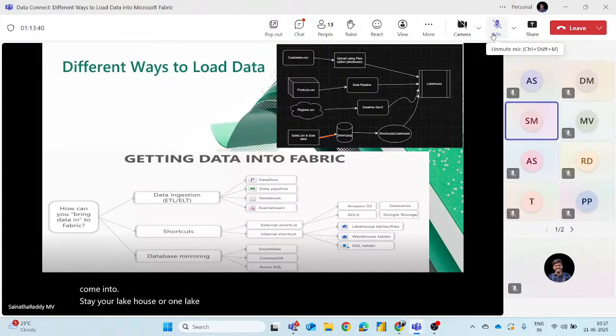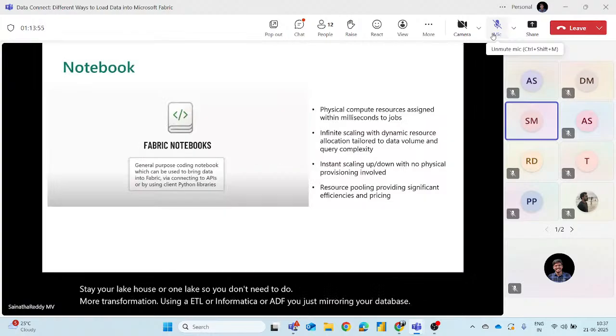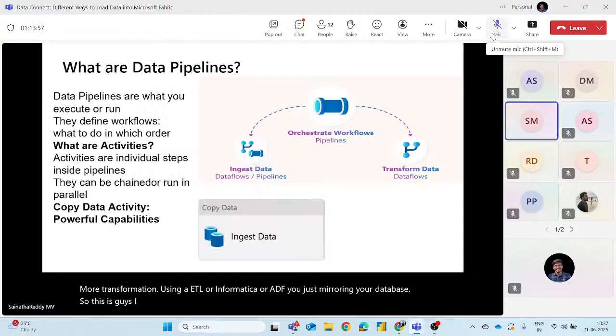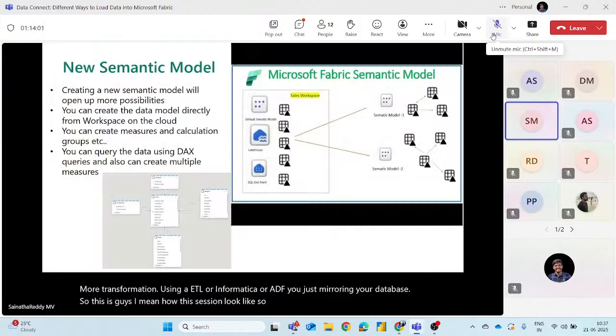So you don't need to do more transformation using an ETL tool like Informatica or ADF. You just mirror your database. So this is, guys, how this session looked. From raw data we get a beautiful semantic model.